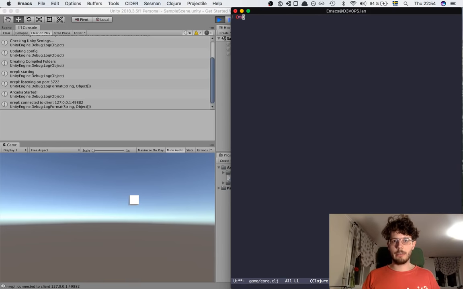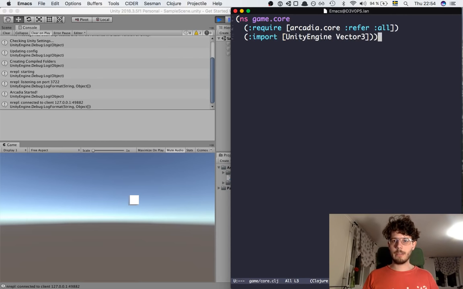So we write namespace game.core, and here we require arcadia.core all, and we can also import UnityEngine Vector3,